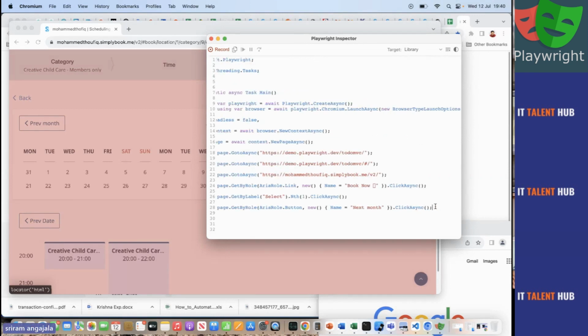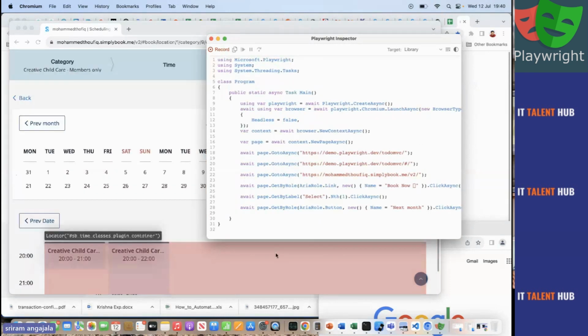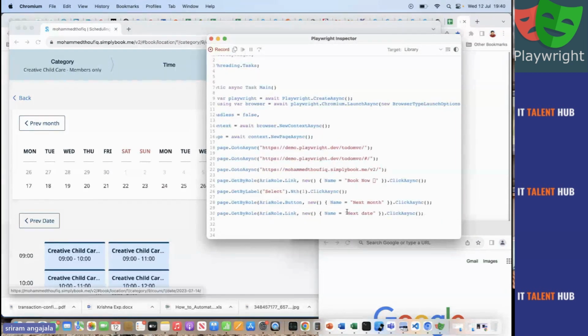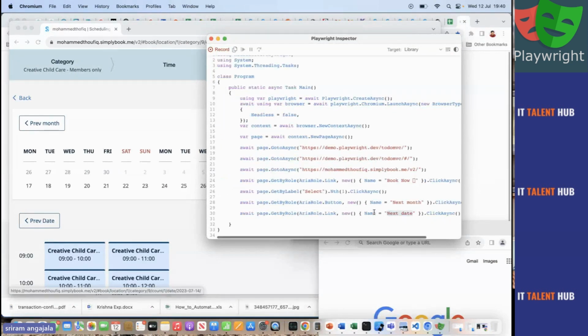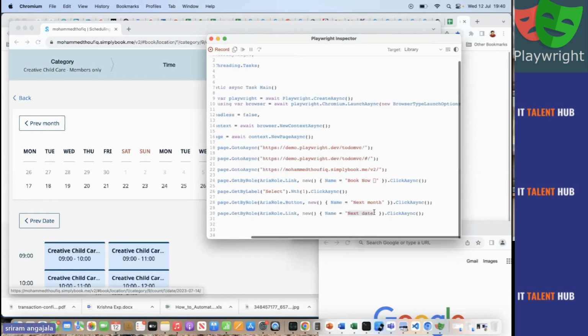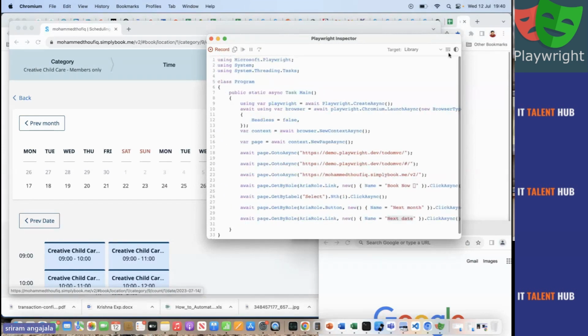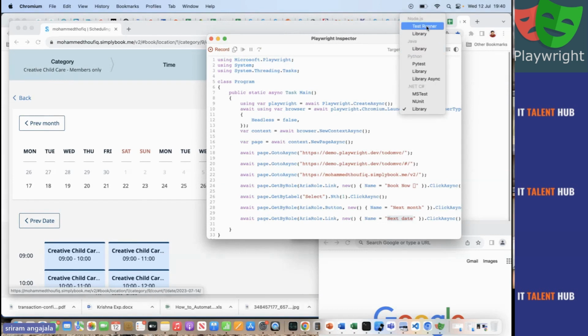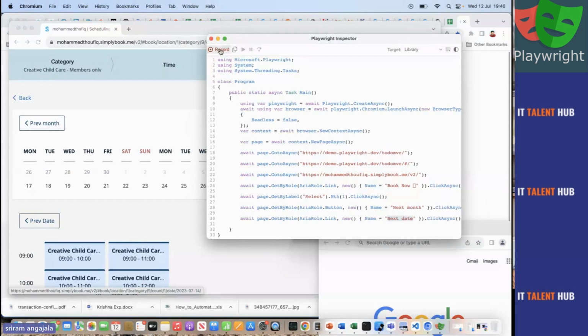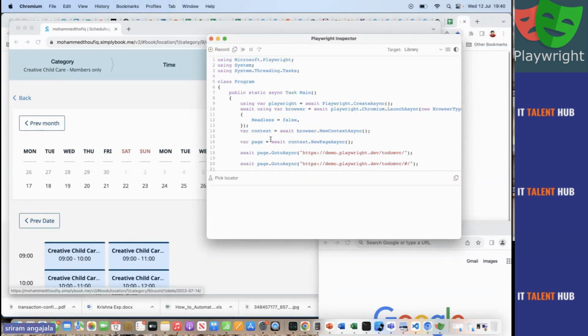OK, and now what you can do is, if you want, you can go here and, for example, click on next day. See here, the next day command I had done is done through Microsoft C#. So the code is automatically generating in the way that we want. So that is a super duper feature, from my point of view, because at the same time you can record and playback and get your code. And the other good thing is even I can run the tests at the same time.